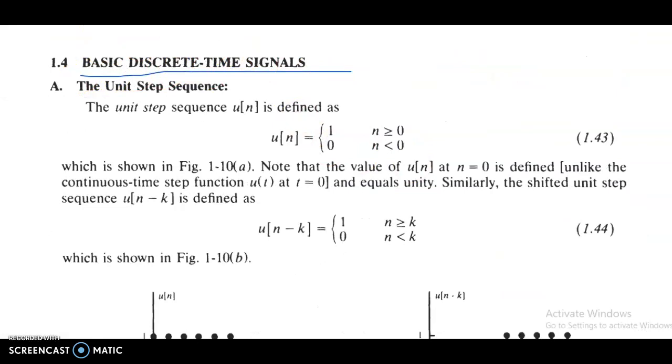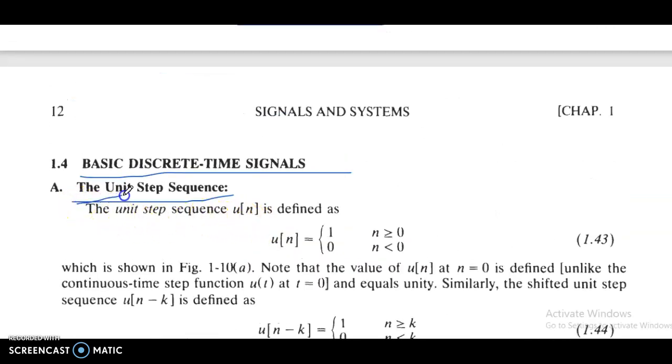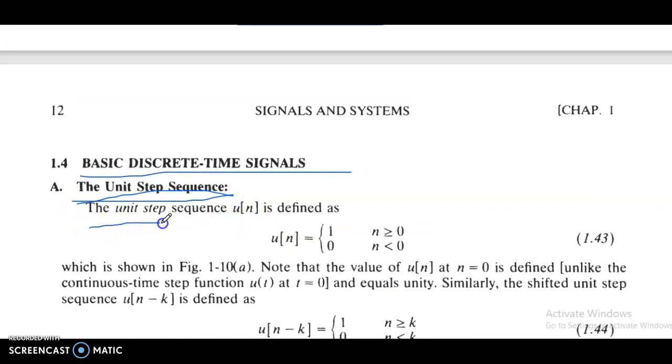Basic discrete time signals. Unit step sequence, figure 1.10. Unit step sequence A, and B, the shifted unit step sequence. The unit step sequence u of n is defined as u of n equal to 1 when the condition is n greater than or equal to 0, and u of n equal to 0 when the condition is n less than 0,